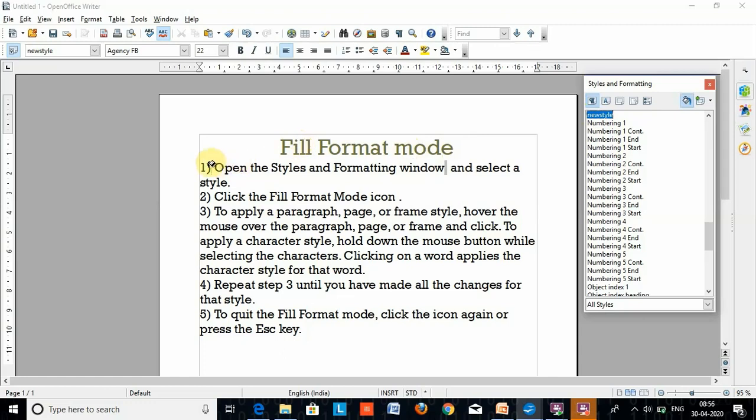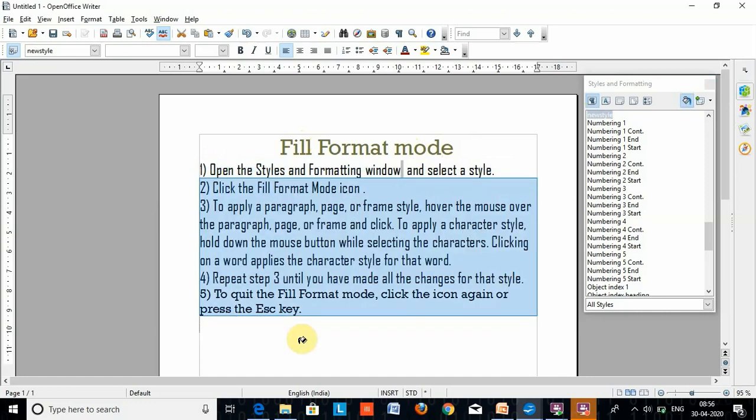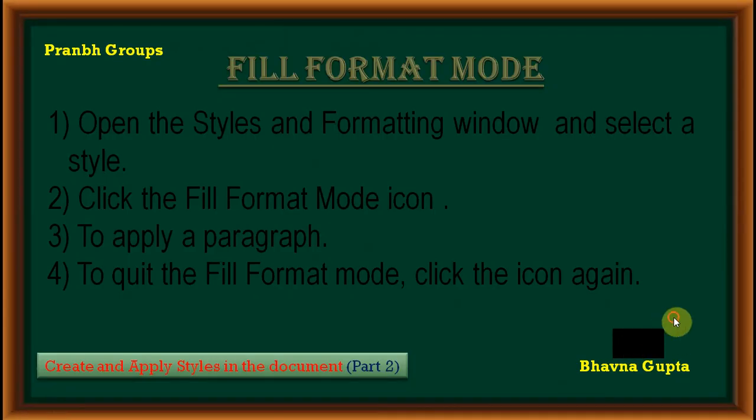and to apply a paragraph, hold down the mouse button while selecting a paragraph or character. And if you want to apply same format to the another paragraph, you can. And if you want to quit this format, click the icon again, fill format mode, otherwise press the escape key. Next topic,